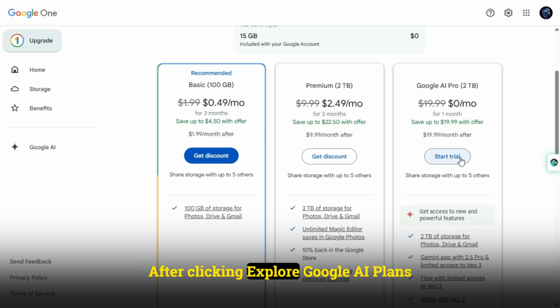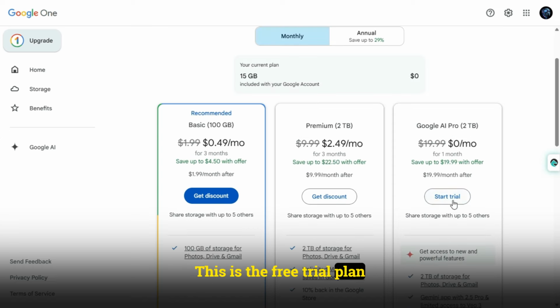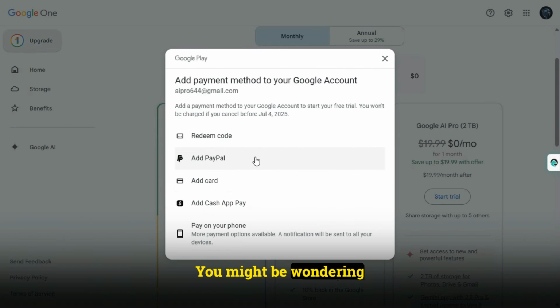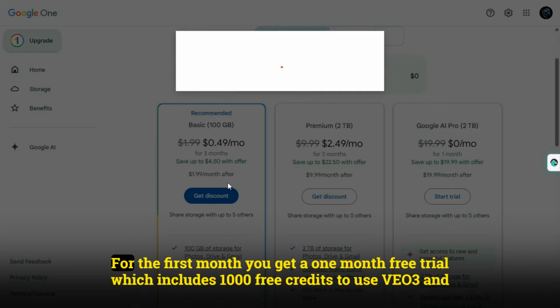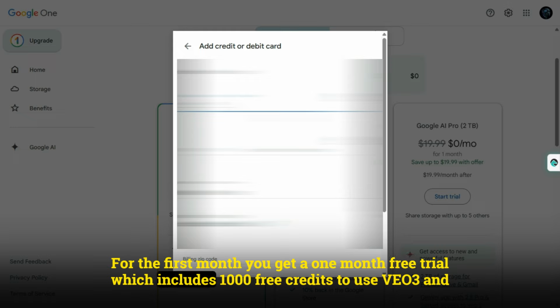After clicking Explore Google AI Plans, you'll be redirected to a pricing page. Locate the $0 per month plan. This is the free trial plan. Click on Start Trial. At this point, the system will prompt you to add a payment method. You might be wondering, I thought this was free? Yes, it is free for the first month. You get a 1-month free trial, which includes 1,000 free credits to use Veo 3 and